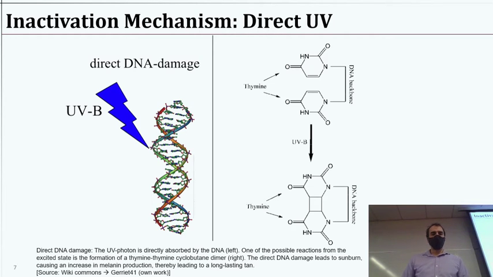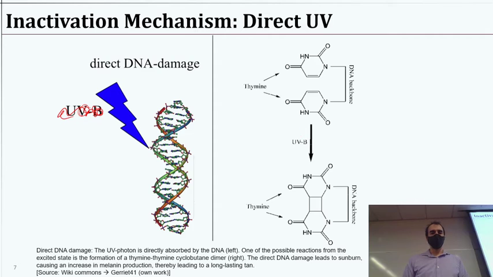So a little bit closer of a look. I think we touched on it last time we talked about UV, but really what's happening in terms of direct UV damage, and this is a misnomer here. For direct damage, what we're looking at is these thymine reactions. So if we look on DNA, the different bases that exist and pair, that's kind of the genetic code stuff. If we have two of these thymine groups next to each other, which these would be the little bases next to each other, and we cross-link them by this